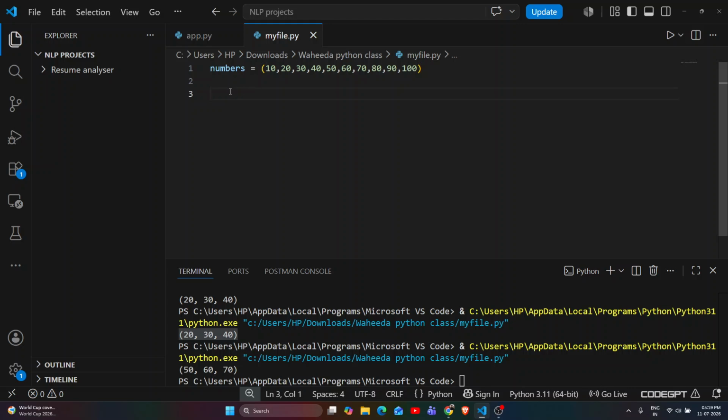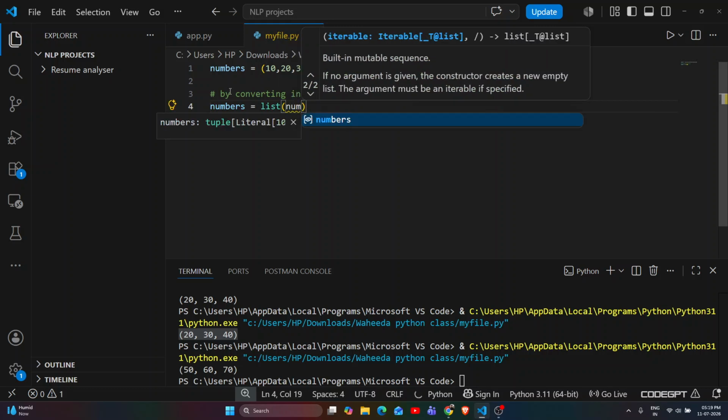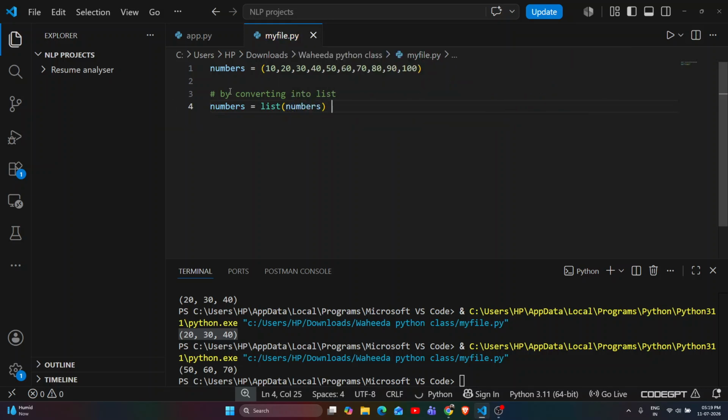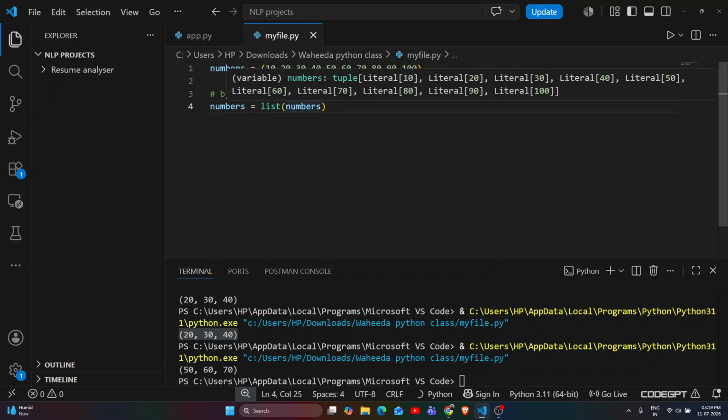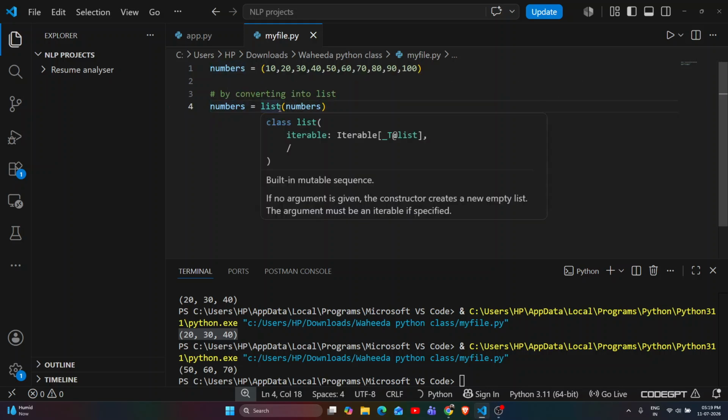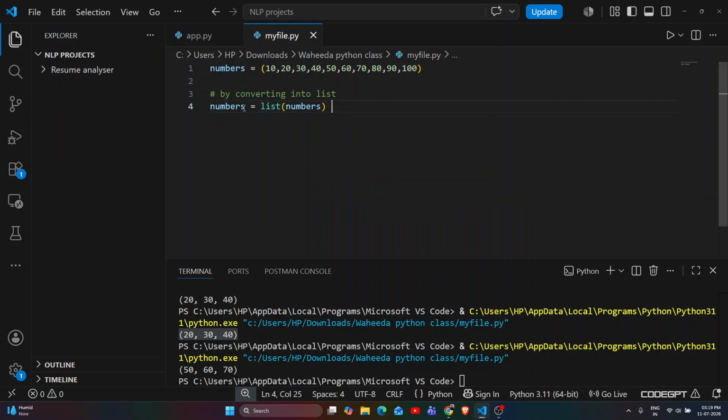That is by converting it into a list. Okay, so that is the option. So how to do it? Let me tell you. You'll write numbers will be list of numbers. So you know what we have done here. Basically, this tuple I have converted to the list, and in the list we can do any kind of changes, right? Yes. So that way I have saved it into numbers again, or you can take a different